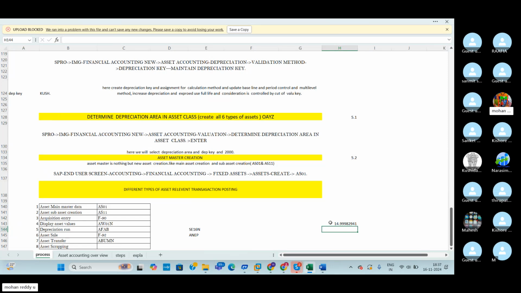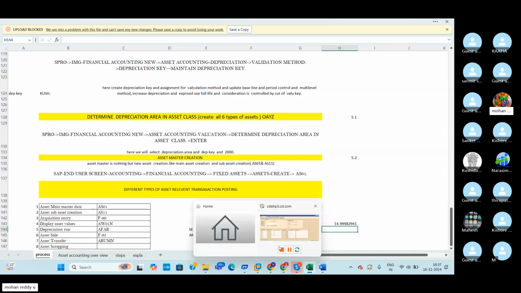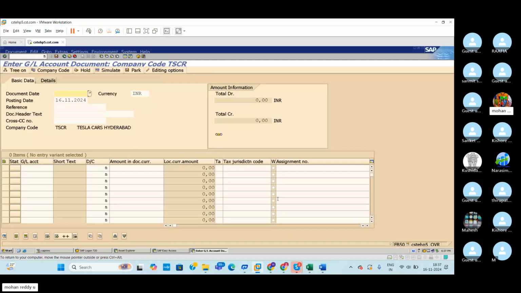I mentioned 15% as the written down method. So 15% I mentioned as the written down method,